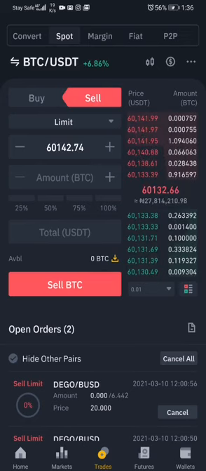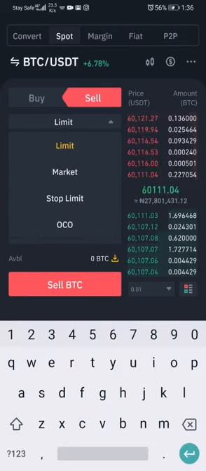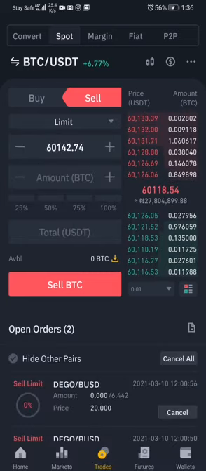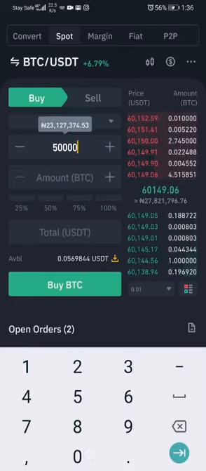Now what we're doing here is buying with the limits we set. There are different things you can set: the market price, using the stop limit, using OCO. But the structure I want you to get in this is to buy with a particular limit. For example, I want to buy when BTC is $50,000. I can go to my buy section, set it. I want to buy at $50,000, and then